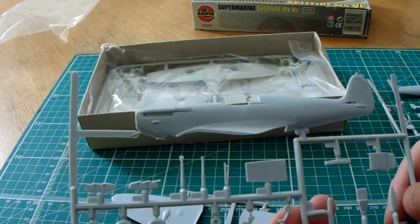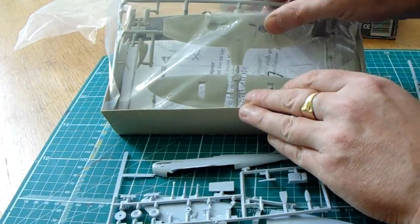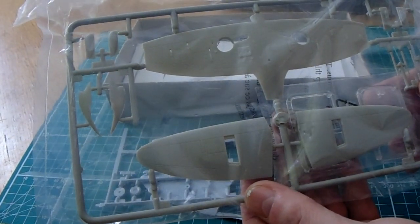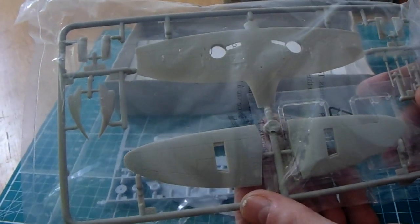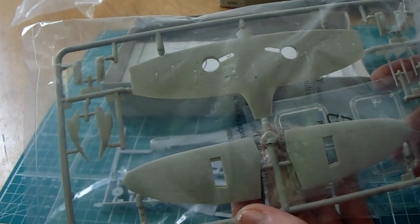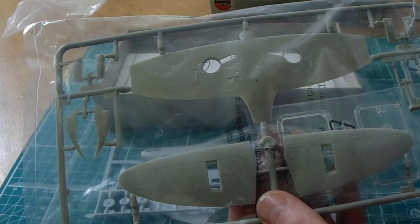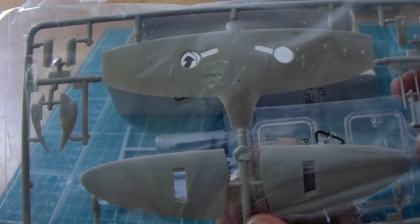is not quite what you're thinking, because the previous owner of this kit also decided to include this in the box. Now, answers on a postcard to this address, please, if anyone's got any other information, because as far as I know, this did not come with the original kit. Whether this was put in by an owner planning a sort of upgrade, using this to fit onto parts of the older 74 kit, I'm not sure,